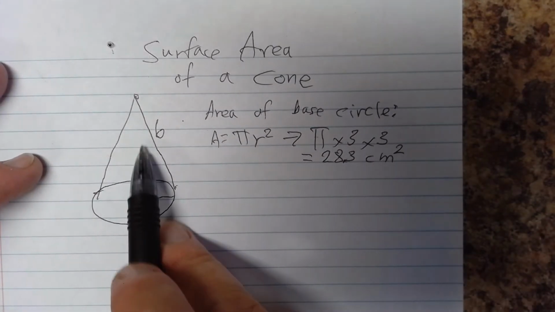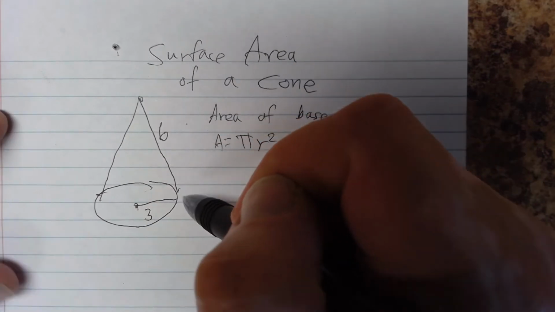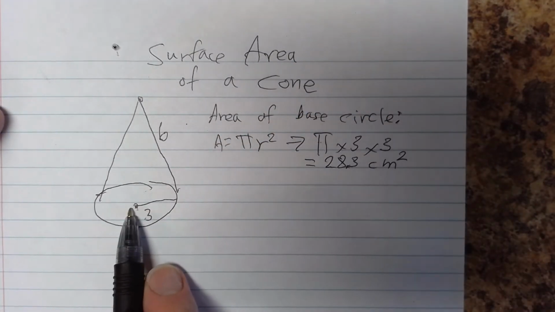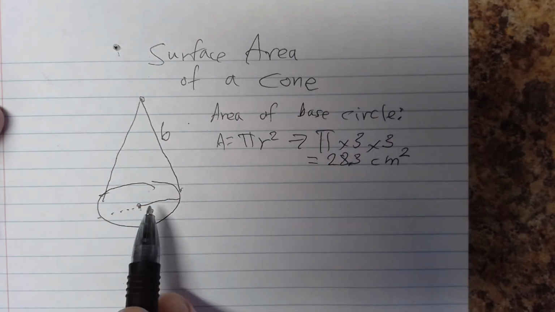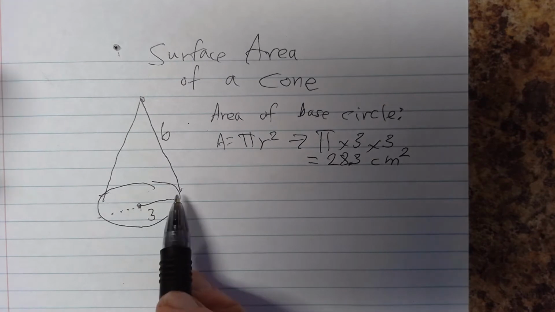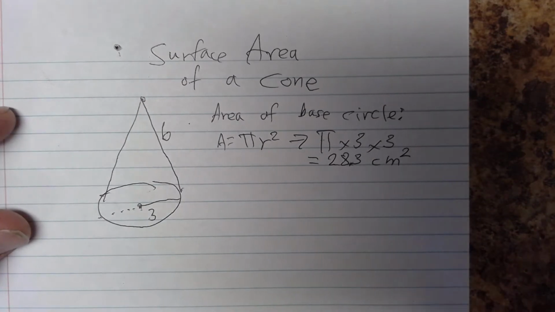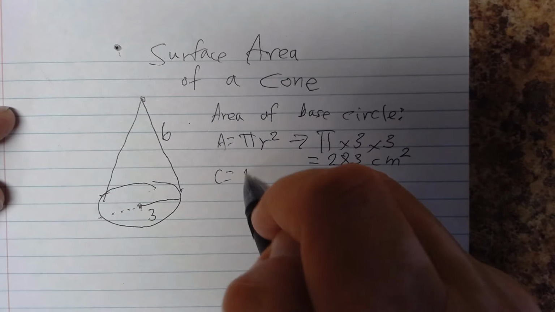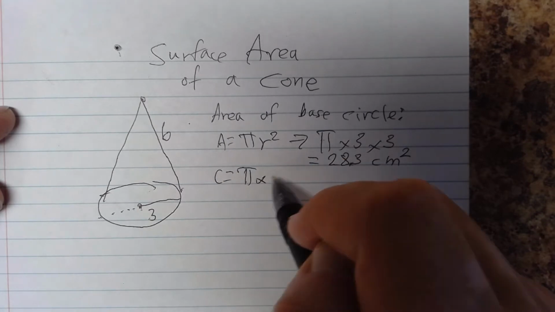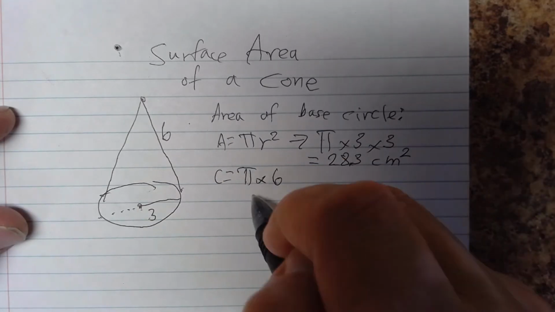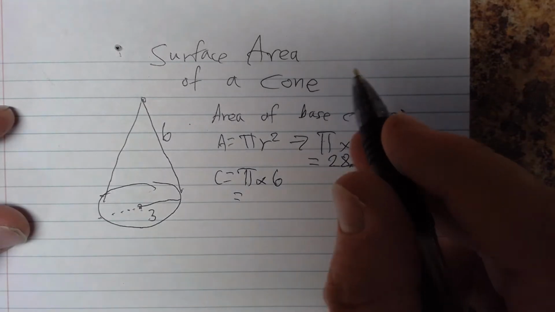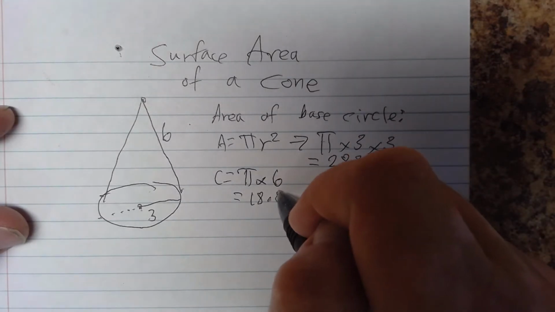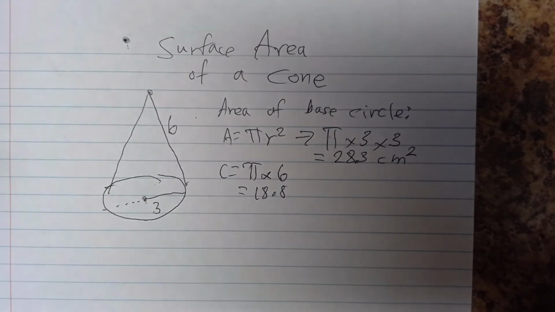Now, the top of our cone here. We have a slant height of 6, a radius of 3. We need the diameter of the cone all the way across. So the diameter is 6. And how do you find the circumference of a circle? We need to do that first. C equals pi times diameter. C equals pi times 6, that's 18.8. So there's your circumference